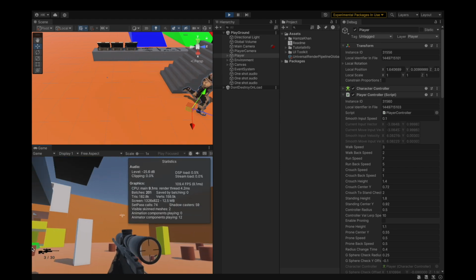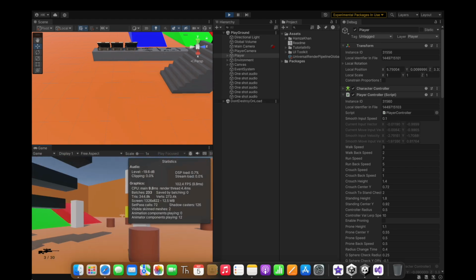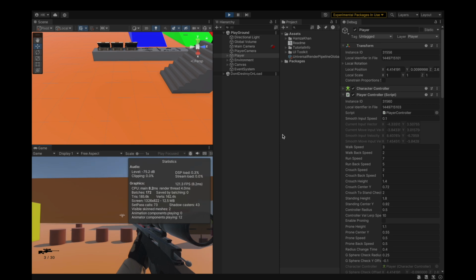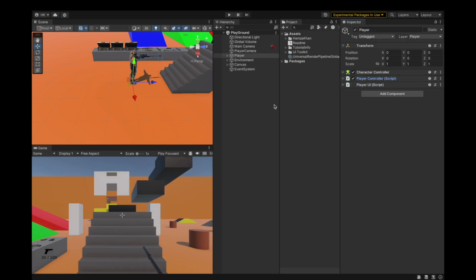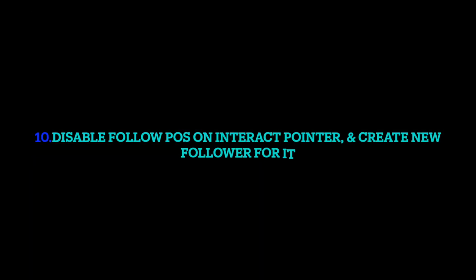And look, everything is working. We can run around, move around. So that means that our code is not faulting. Back to the normal selector, and let's move to the next task, which is disable the follow pause on interact